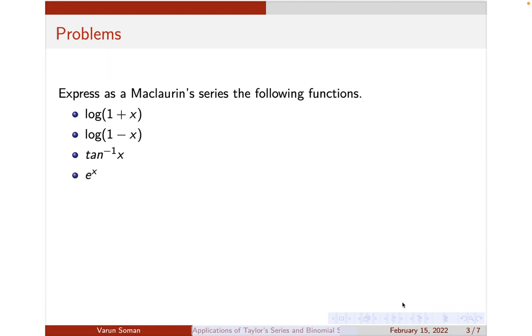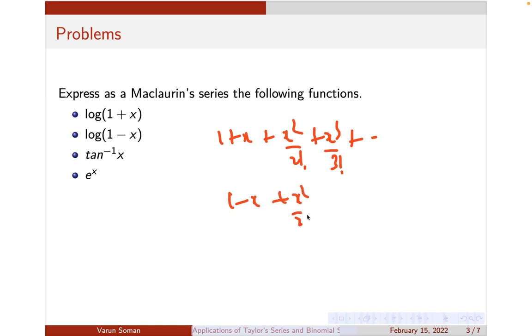Okay, so moving forward, e raised to x, we have already done it before, so I am not doing it again. In the previous lecture itself, you found the expansion of e raised to x to be 1 plus x plus x square by 2 factorial plus x cube by 3 factorial plus etc. Similarly, the expansion of e raised to minus x would simply be 1 minus x plus x square by 2 factorial minus x cube by 3 factorial plus etc. I am just changing this x to minus x. Okay, so if you know the expansion of e raised to x and e raised to minus x, I hope you can find the expansion of